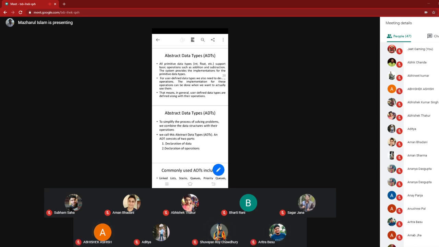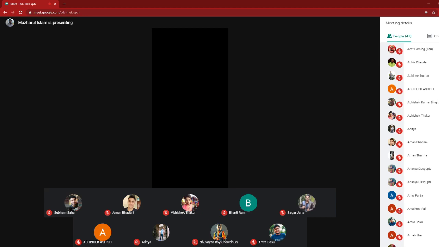An abstract data type is simply a declaration of what data it can handle and what operations can be performed on that data. The person who defines the abstract data type knows the implementation details, but the users only know the specification.